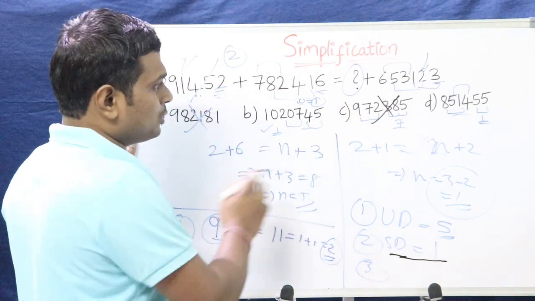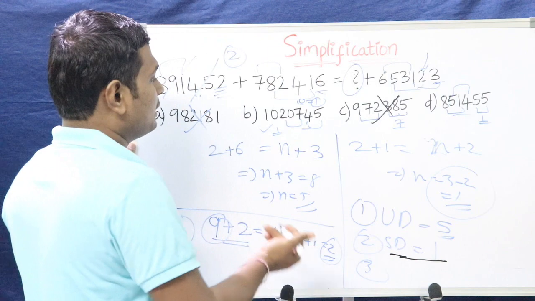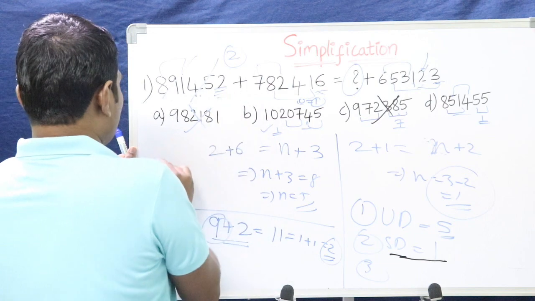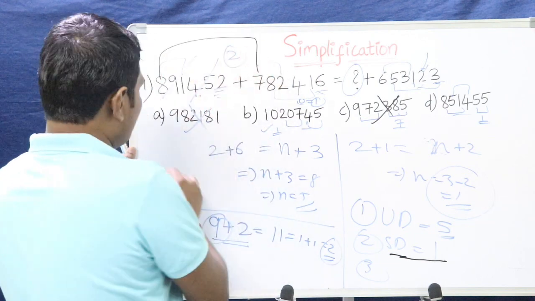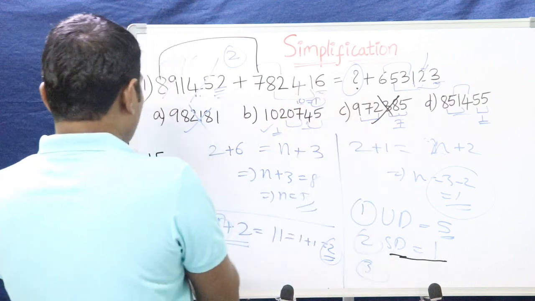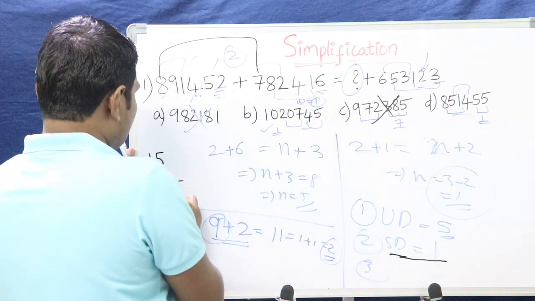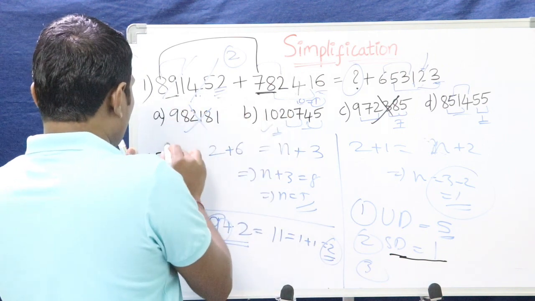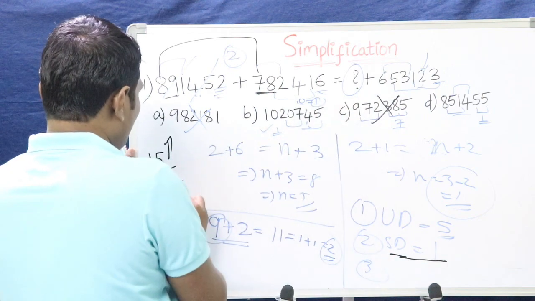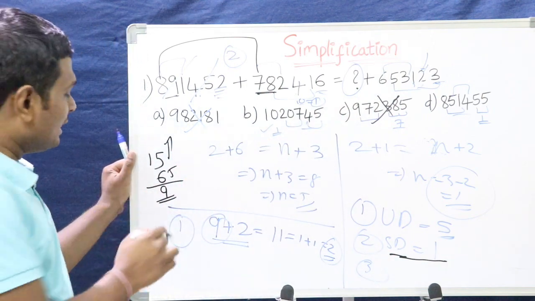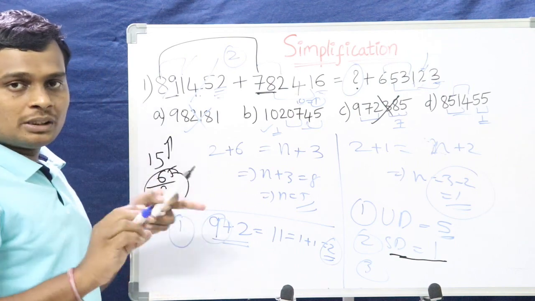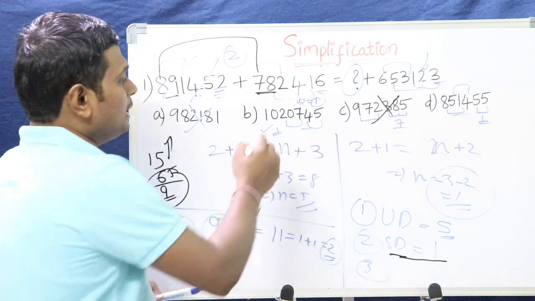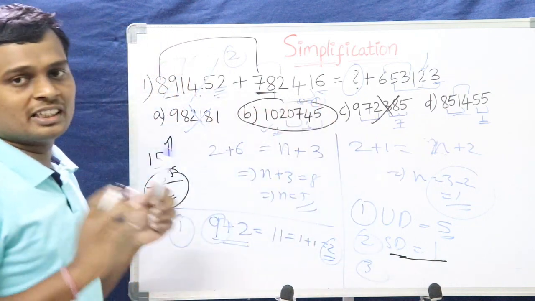How can we rule out these two options? The third check is the possible numbers in the resultant. Let's consider only the MSBs. 8 plus 7, 15. On the right hand side, we have 6. 15 minus 6, 9. And we are getting 89 and 78, right? So it should be more than 9. That is the conclusion we are getting here. Among these two options, this is the only possible solution for this problem, right?